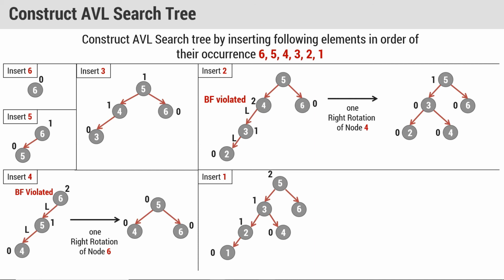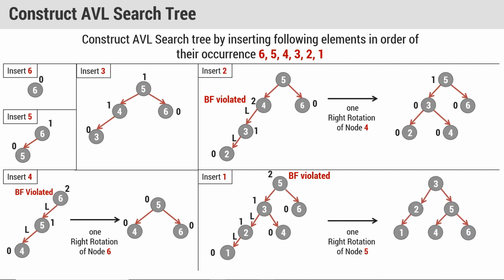the balance factor is 2. So now again the balance factor is violated, so we have to check in which direction our newly inserted node is. So it is left side of 3 and left side of 2. So again we have to do a right rotation at node 5. So after one right rotation at node 5, our tree becomes like this,